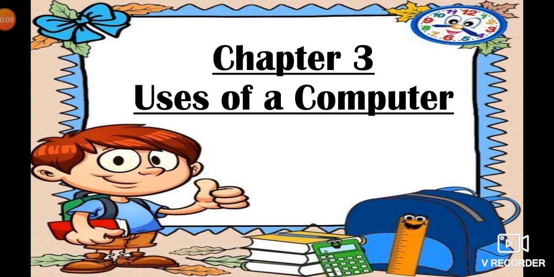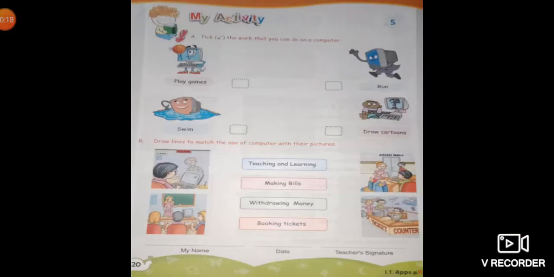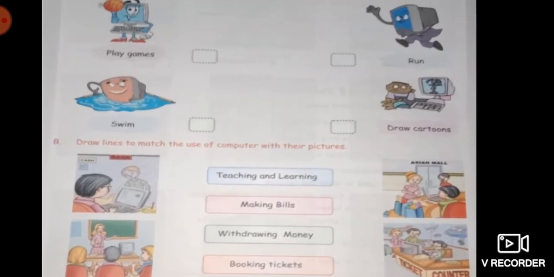So, in our previous class, we have completed one portion of the exercise of chapter 3, and today we will complete the remaining part of the exercise. Okay, so let's start. In the exercise part, we have this activity on page number 20 of your book. So, in the first activity,